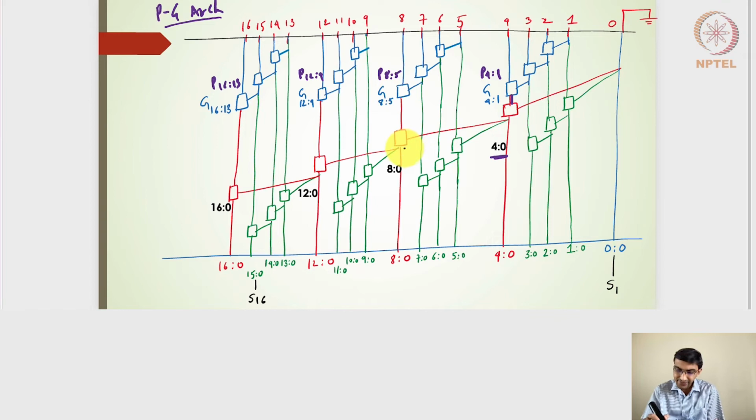Right. So once we have that, that goes to the AND and OR gate. The other input is coming from 4:0, and the moment 4:0 is created, it will try generating 8:0. The moment 8:0 is generated, we will get 12:0. The moment 12:0 is generated, we will get 16:0. Right. So this way we will be able to generate or look ahead into the carry out of the individual